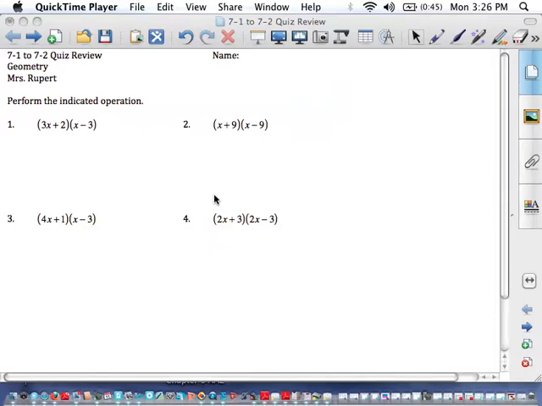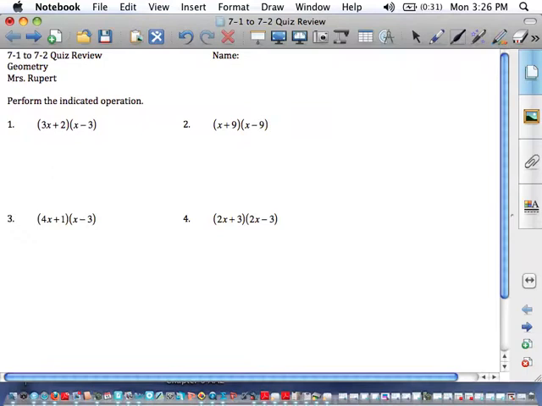Okay, this is the quiz 7172 review. The quiz is tomorrow, and this is very similar to the questions you will see tomorrow. So the first four ask you to perform the indicated operation. Remember, you're multiplying two binomials, so we can use that word FOIL, first, outer, inner, last, to help us multiply